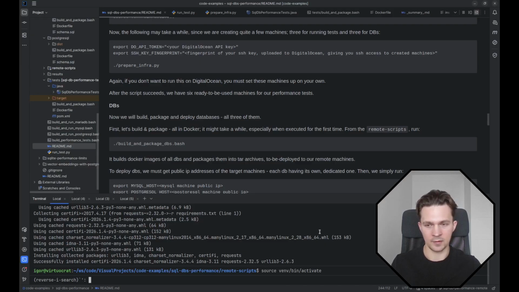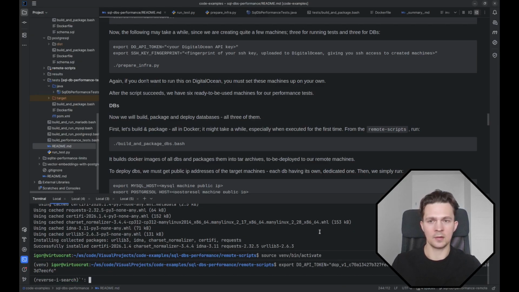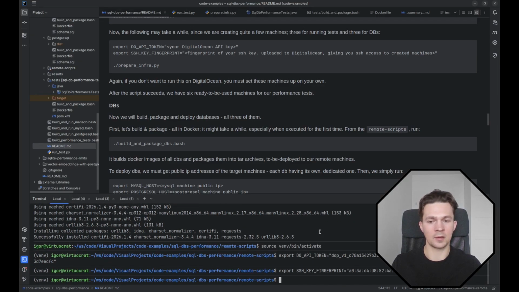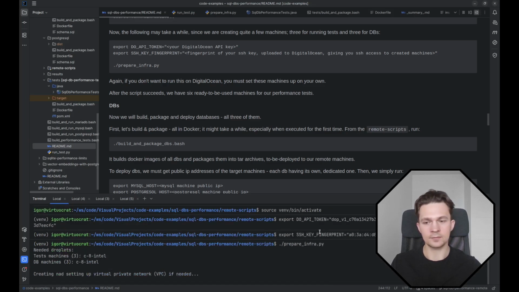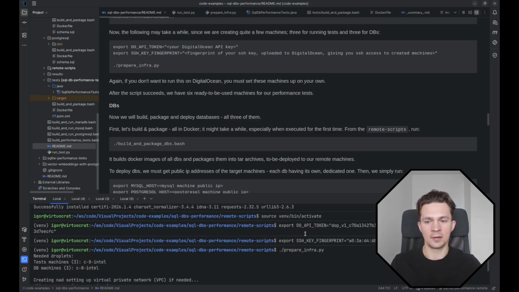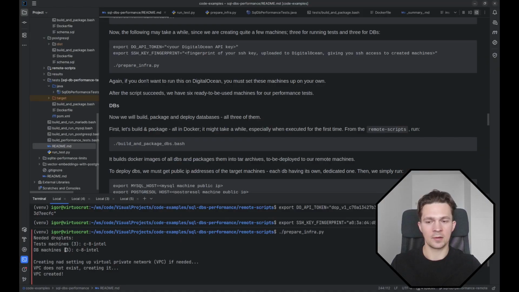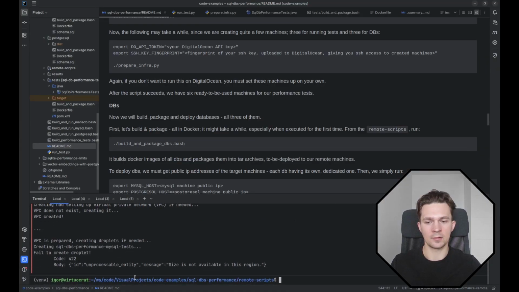I have done it already, so I have my API key here and my SSH key fingerprint. Right now I can just run the prepare infra script, and that will take a while. As you can see, we are creating